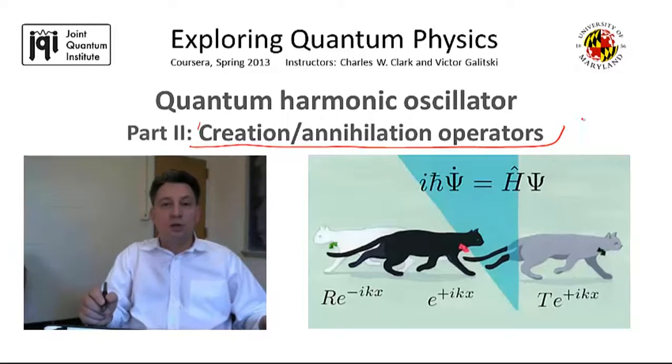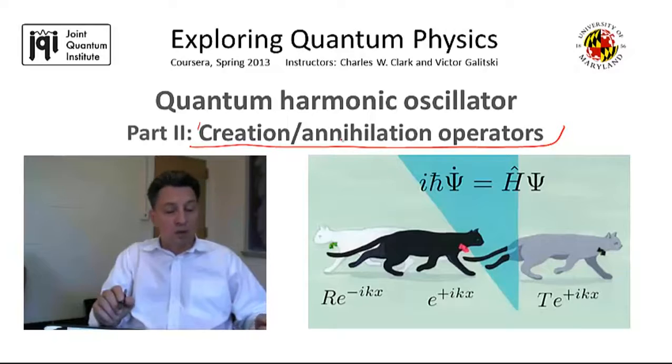And as you will see, the harmonic oscillator spectrum and the properties of the wave functions will follow just from an analysis of these creation and annihilation operators and their commutation relations. We're not going to even write down the Schrödinger equation as a differential equation. We're not going to worry too much about any boundary conditions. So these operators and their commutation relations are going to be sufficient for us to determine pretty much everything we